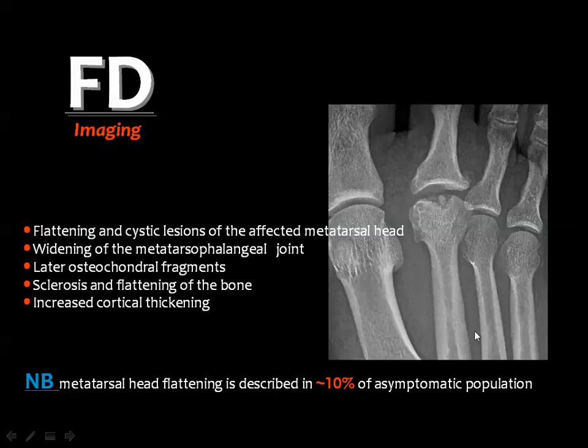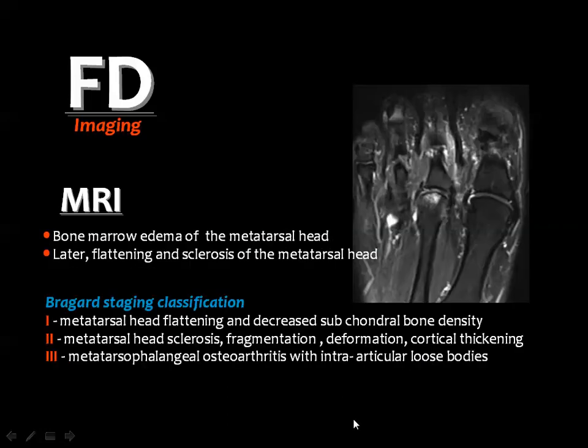Then by plain X-ray, you get some flattening and cystic changes in the head of the second metatarsal bone. First, you get widening of the metatarsophalangeal joint, and later on you get fragmentation, bone sclerosis, and maybe osteoarthritic changes. It's worth knowing that some metatarsal head flattening can be seen in about 10% of the asymptomatic population. Before the stage of fissuring and fragmentation,